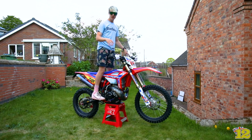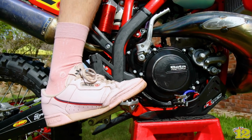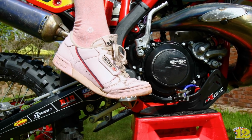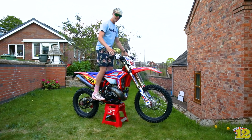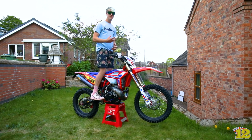When I hit a bump or a jump, you've got an extra bit of suspension in your ankles, and that's not only with your hips and your knees as well. It just makes the ride so much more comfortable. And then also that allows you to be a lot looser on the bike, so you can freely move about. You get the brake, get the gear lever, you can be a lot more loose on the bike and actually